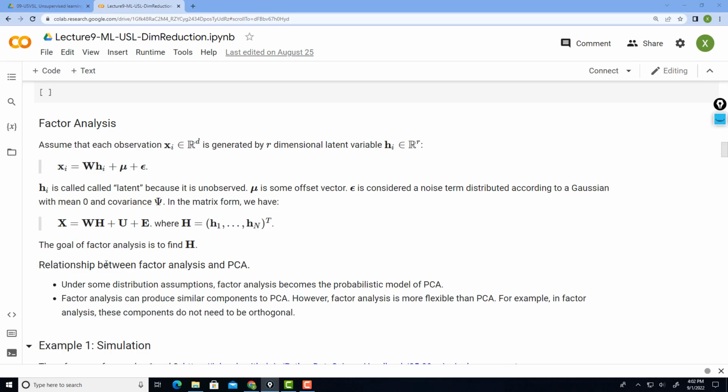model parameters. And if you do that under certain settings, for example, you make the assumption mu is equal to 0, and epsilon has the same variance for whatever measurements you are investigating, then you will end up with the same PCA solution strategies. So basically, you're again doing either the singular value decomposition of X or the eigen decomposition of X transpose X to derive this W matrix. If you don't care about the distribution of this W, then you will end up with the same eigen decomposition or singular value decomposition problems.